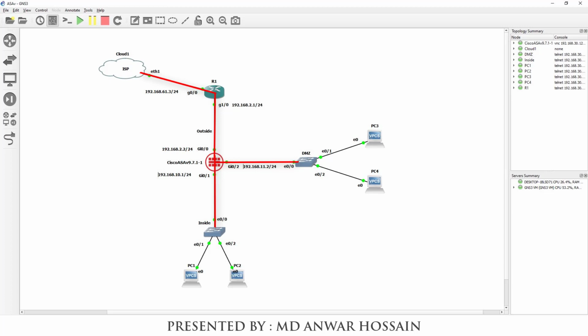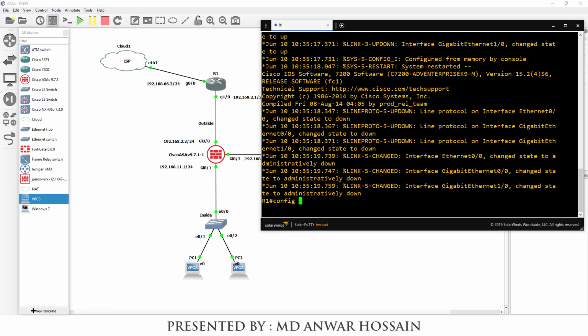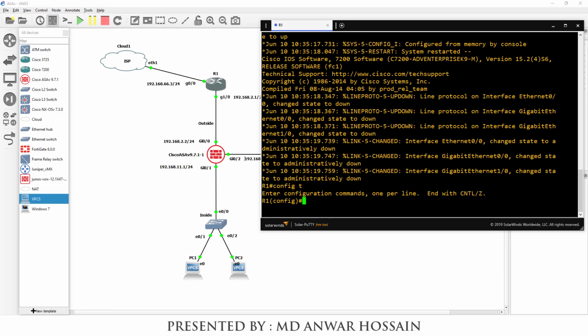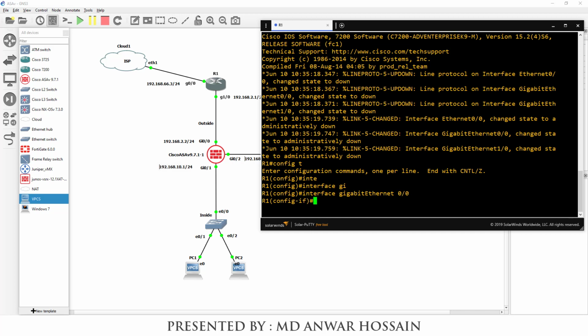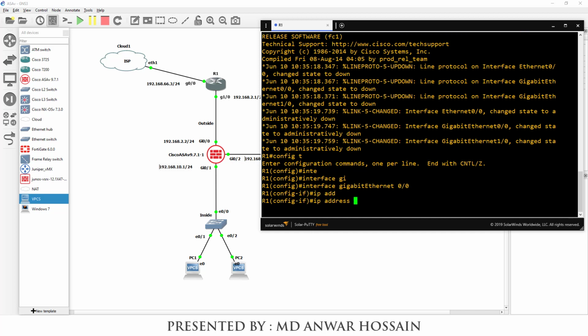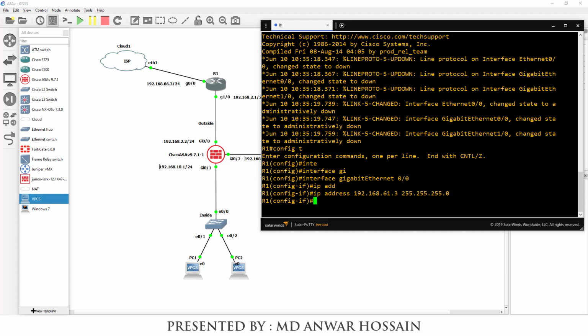Config T, interface gigabit 0/0, IP address 192.168.61.3, and the subnet mask followed by 24 bit of mask, 255.255.255.0. No shut.